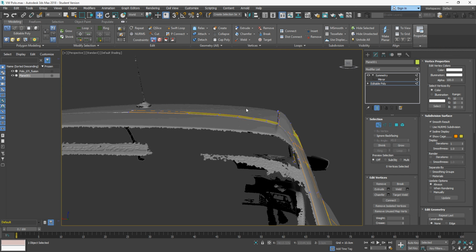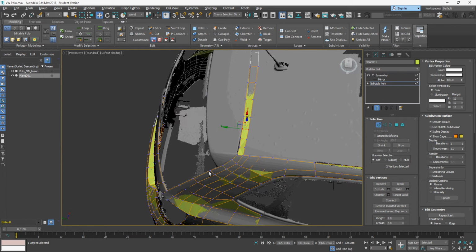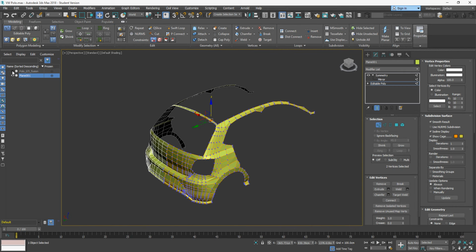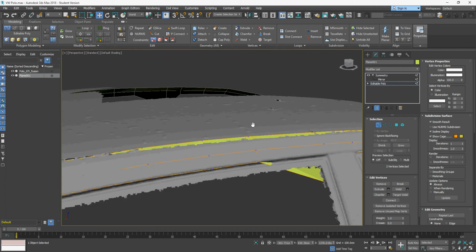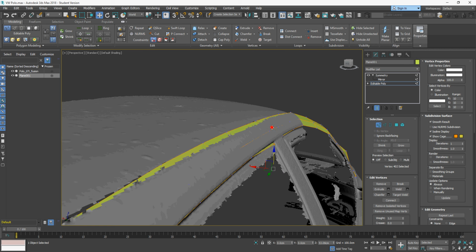So you're in no rush with this really, it's just taking your time, making sure everything lines up. If you have the data, use the data from the scan. If you don't, try and use your own intuition as much as possible as to where it's likely to be, and every so often check the rest of your mesh to make sure that you've not got any anomalies anywhere or anything that's looking a bit out of place, and then it gives you less to worry about